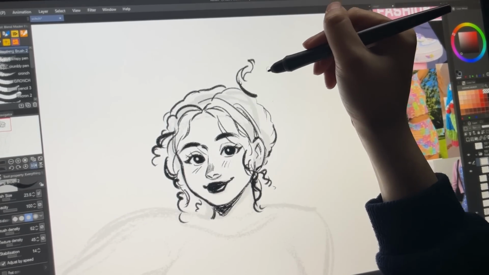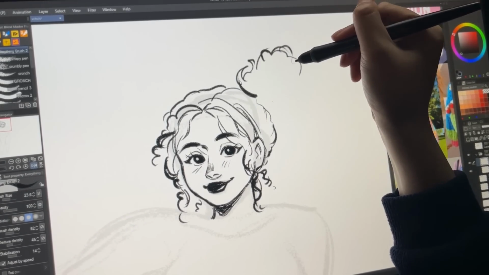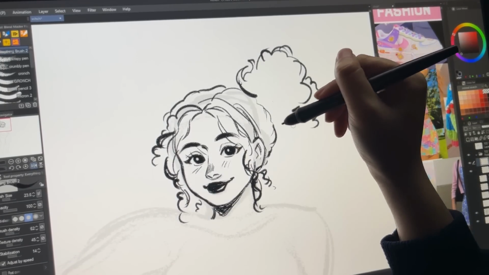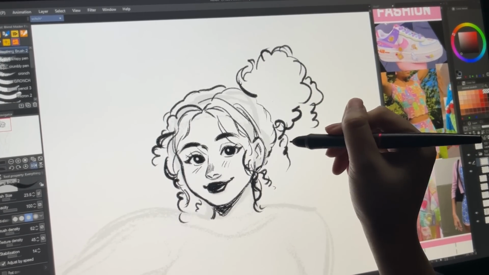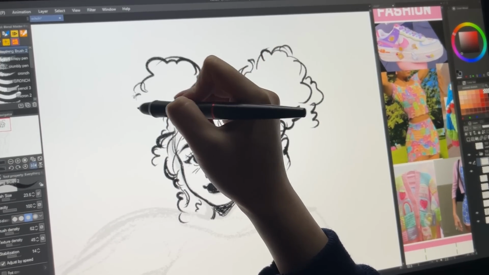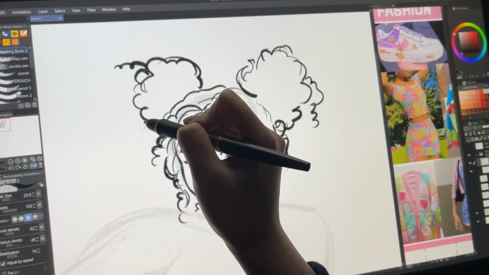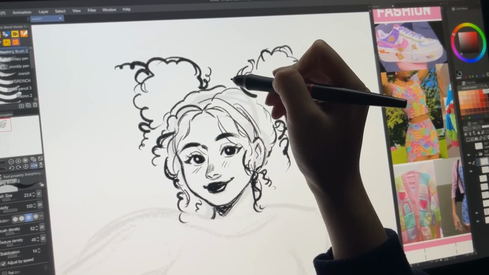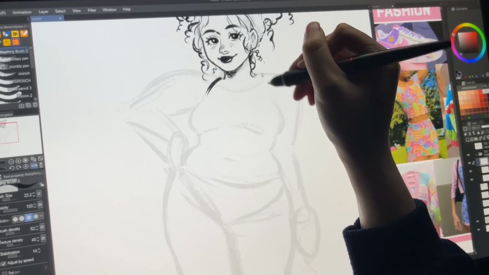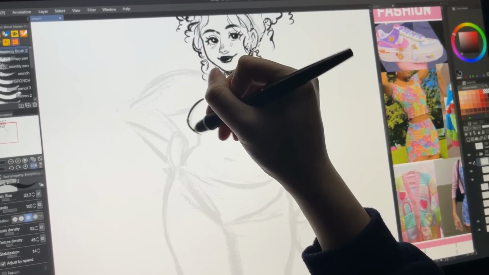However, at this point, I just wanted to commit to something and then change it later on when I rework her, because I'm definitely going to be revisiting this design in the future with a different workflow. And at this point, I was feeling ready to tackle her clothing, and I knew I wanted